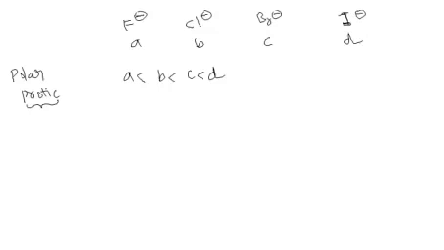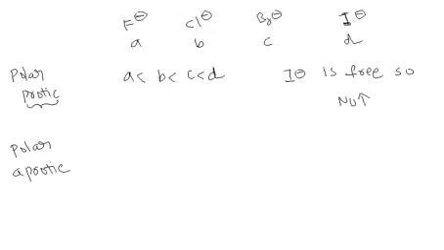So iodide is more nucleophilic in the case of a polar protic solvent, because iodide cannot form hydrogen bonding, so the iodide ion is free and nucleophilicity is more. Now in the case of polar aprotic, what happens? A polar aprotic solvent doesn't contain any protons or hydrogens. So as it doesn't contain any hydrogens, A will be more nucleophilic than B, than C, than D.